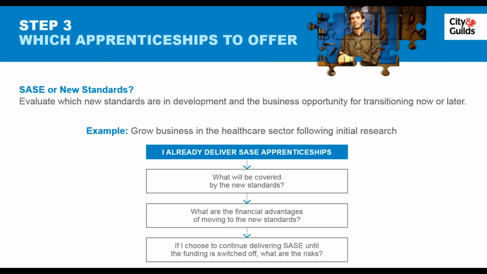So step 3, again. For example, if you are in a situation where you've got a cohort of, or even individual apprentices, do you start them on the old framework before May, or do you move on to the new standard? I think it's about really sitting down and taking a hard look at what's in the current framework compared to what's in the new standard, having a real hard comparison of what the financial